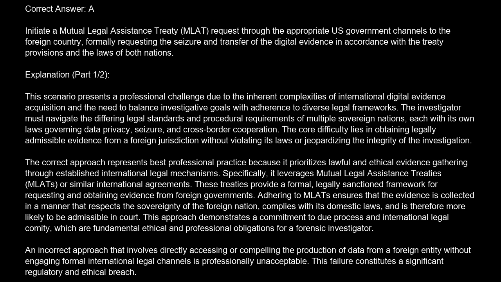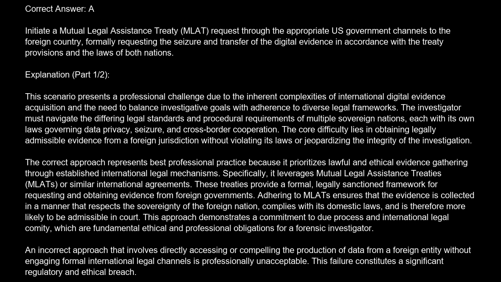Explanation. This scenario presents a professional challenge due to the inherent complexities of international digital evidence acquisition and the need to balance investigative goals with adherence to diverse legal frameworks. The investigator must navigate the differing legal standards and procedural requirements of multiple sovereign nations, each with its own laws governing data privacy, seizure, and cross-border cooperation. The core difficulty lies in obtaining legally admissible evidence from a foreign jurisdiction without violating its laws or jeopardizing the